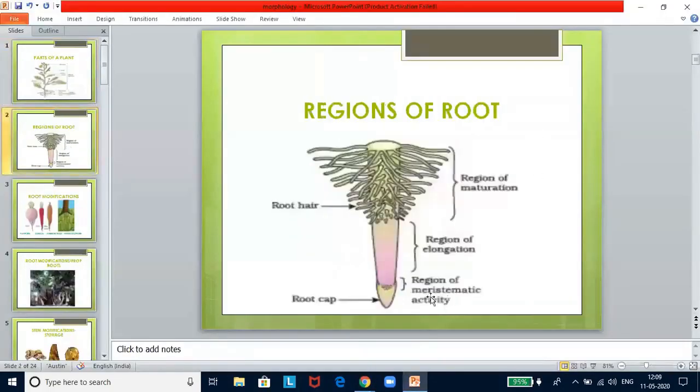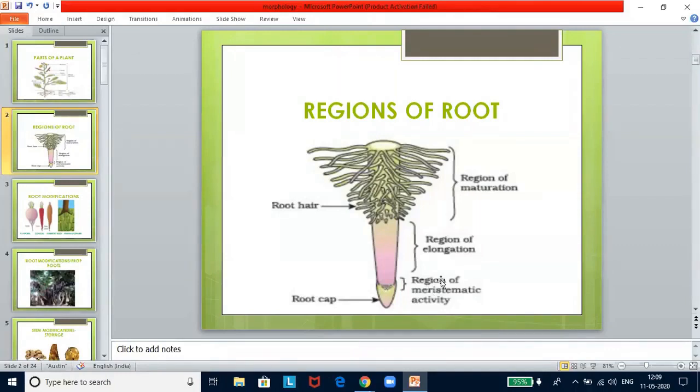So this is a root cap. What you see, the structure is a thimble like structure. It is called as a root cap, and it protects the tender root apex as it penetrates deep into the soil. A few millimeters above this root cap, you find the region of meristematic activity. Here, the cells keep dividing rapidly, and this region has got meristematic activity. That means to say the cells keep on dividing indeterminately.